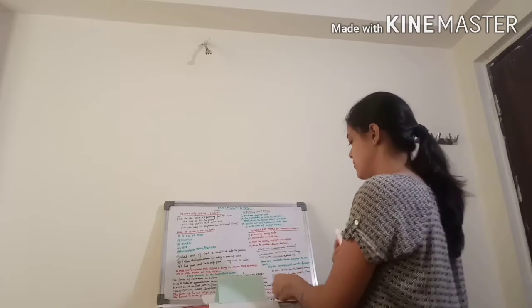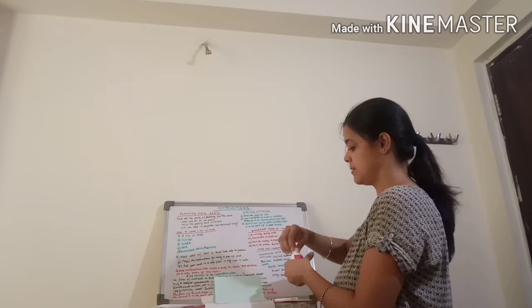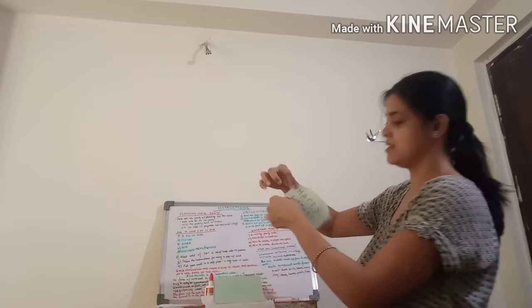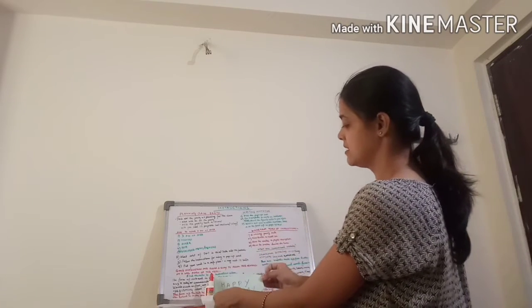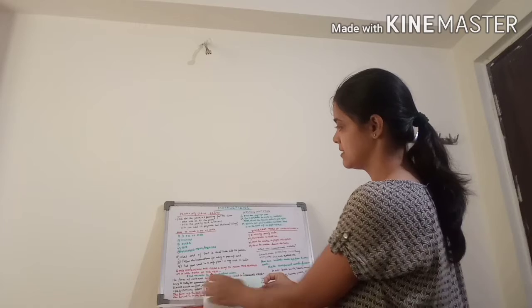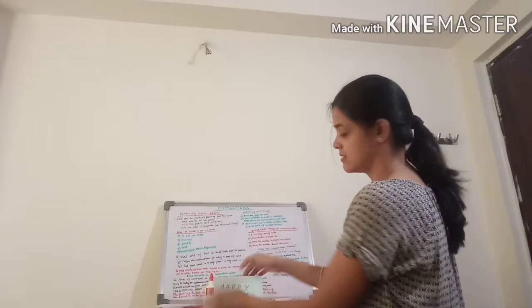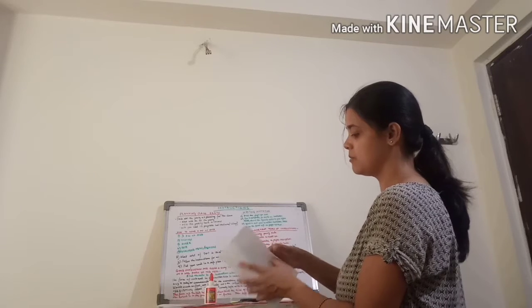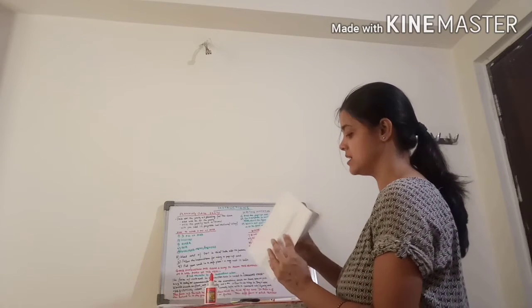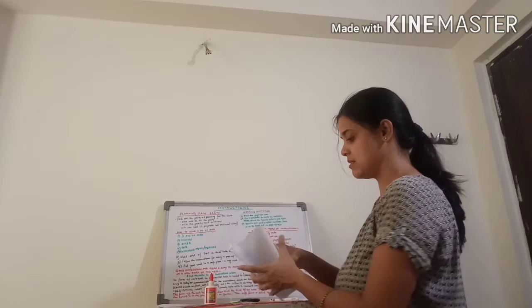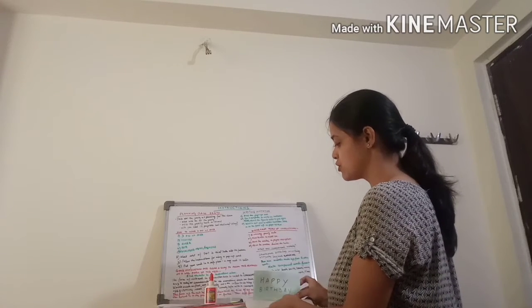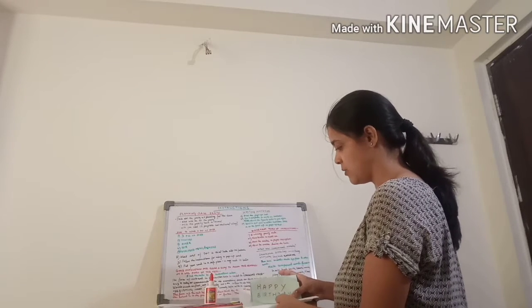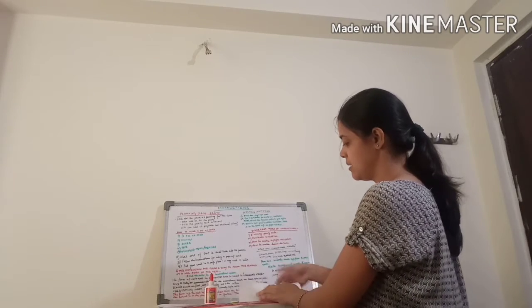Fine. So I have put the glue. Now let me paste it. See, I'm pasting it like this. See it? Now my pop-up card is ready. I will just need to stick the portion of the glue a little more carefully so that it doesn't come out the next time. Okay, so I'm closing this.